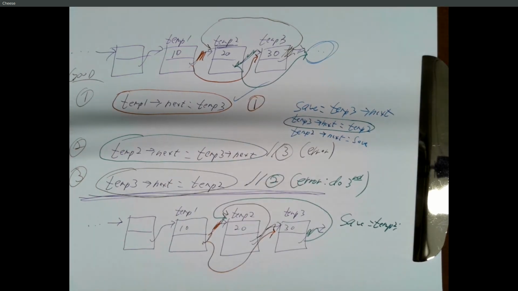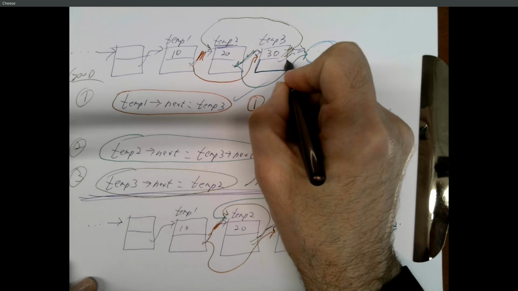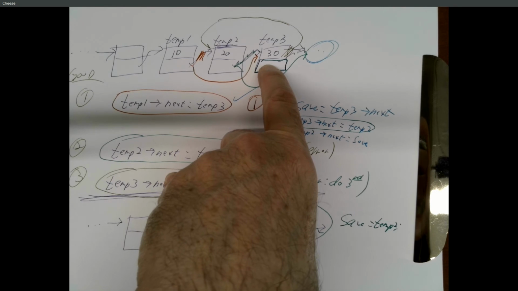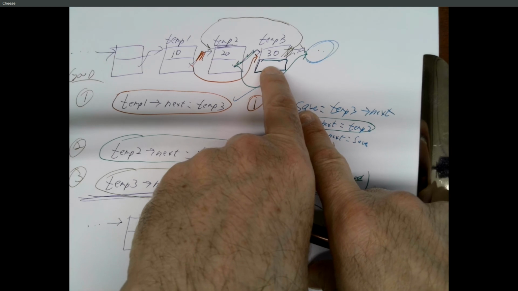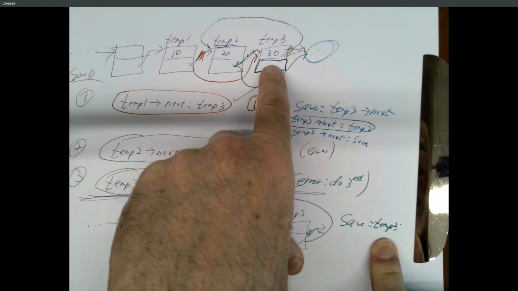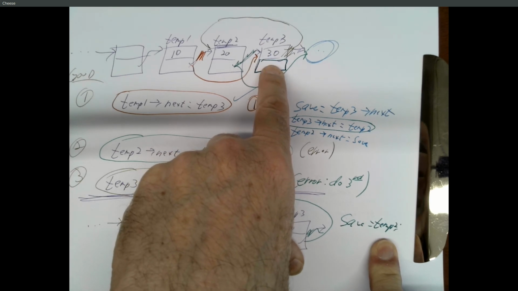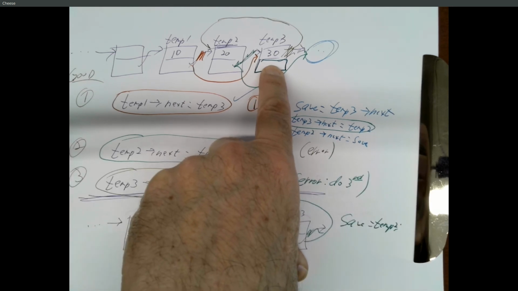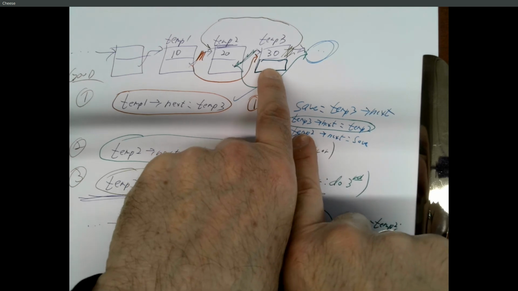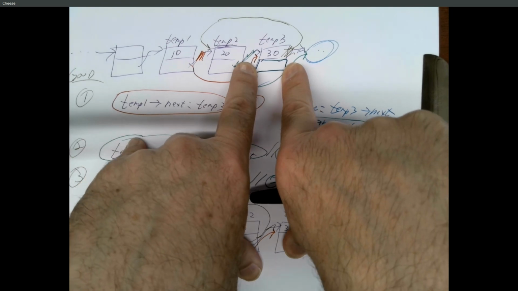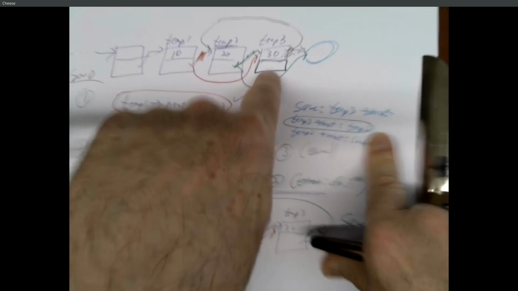And that can be subtle or obvious depending on the time of day. Temp 3 arrow next is the contents of this block, this field in the node. This sets save equal to the contents of that. This sets save equal to the address of temp 2. It doesn't change the contents of this block. This is like saying x equals y, x equals 0, y doesn't change value. But when I say temp 3 arrow next equals something, that's the contents of this block, set that equal to something new, and that actually changes the value.